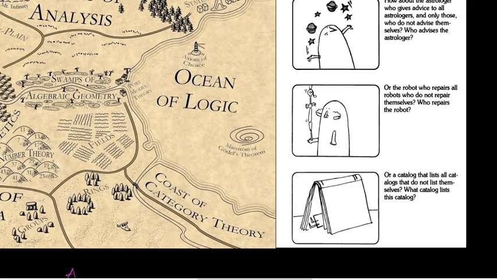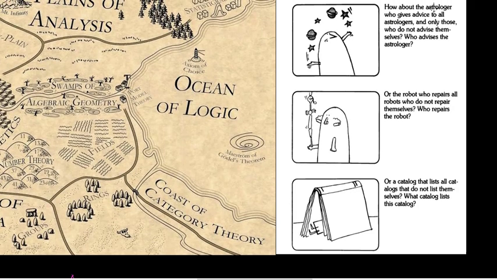instances. The first of them is the following one: how about the astrologer who gives advice to all those astrologers and only those who do not advise themselves? This is the same paradox. If we ask the question, who advises this astrologer, then we have a paradox in here. The second one is, suppose we have a robot which repairs all those robots which do not repair themselves. Then if we ask who repairs this robot, it's the same thing as asking who shaves the barber in the barber's paradox. Or this third one,